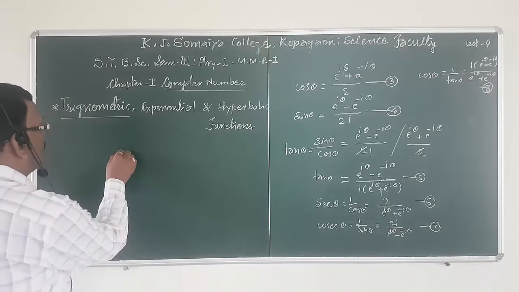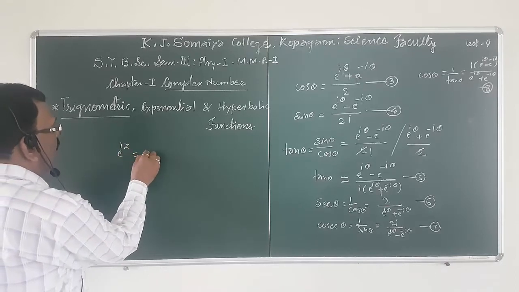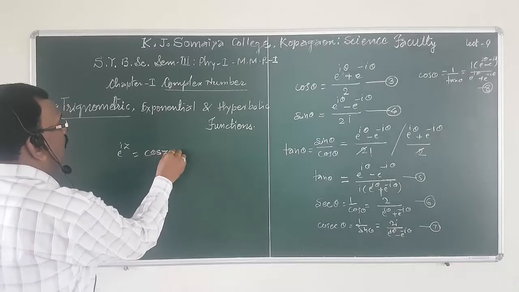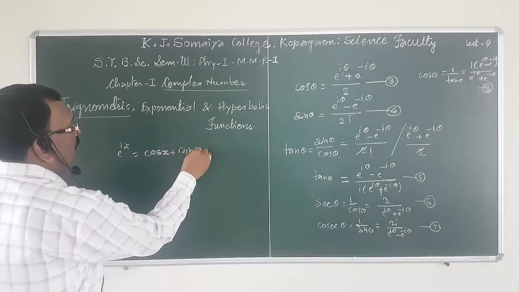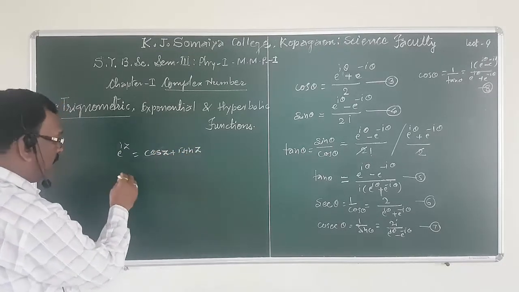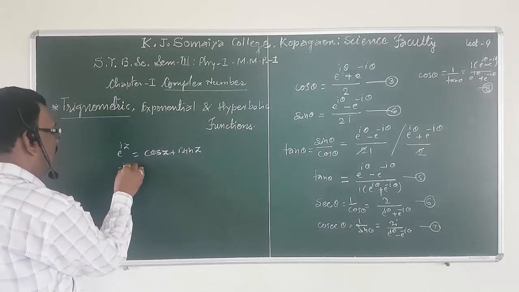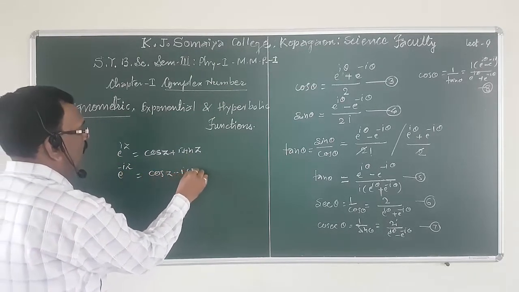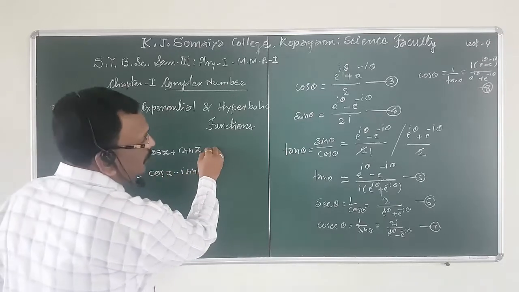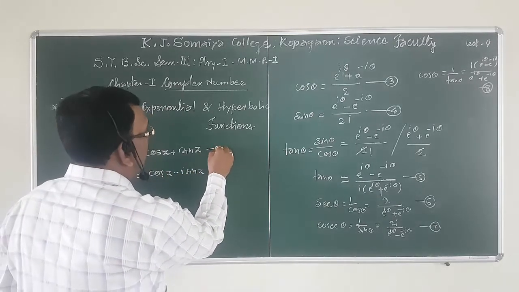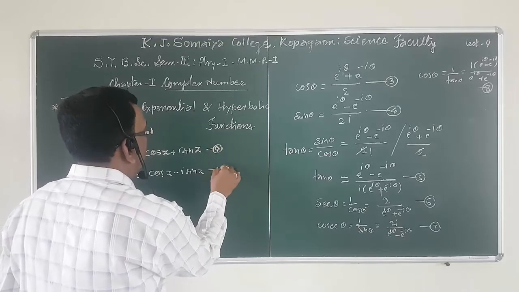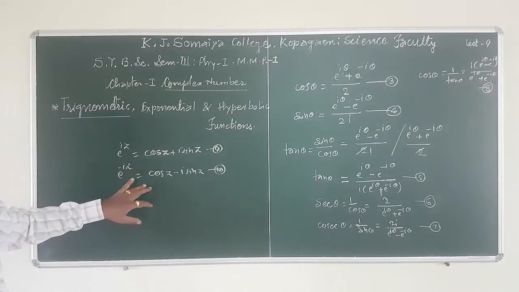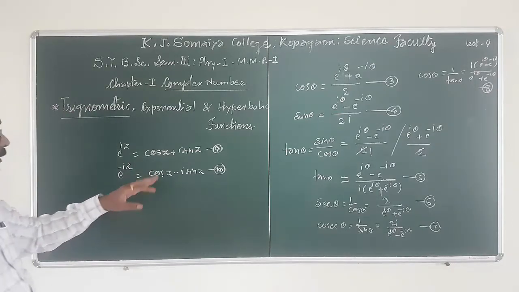e raised to i z is equal to cos z plus i sin z, the Euler's formula, and e raised to minus i z is equal to cos z minus i sin z. Suppose this is equation number 9 and this is equation number 10. Okay. Now, from this we get two